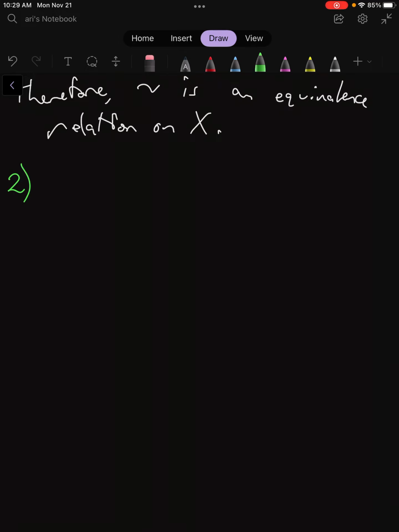So number two says, let S be the set of all quadratic polynomials. So S is a set. So that's our set notation. It's a set of all quadratic polynomials with real roots. And we're actually given what this looks like. So it's f of x. So it's a set of functions, quadratic functions, ax squared plus bx plus c, such that a, b, and c are all real,